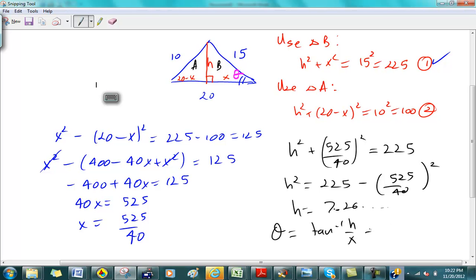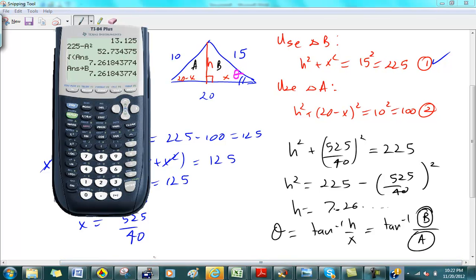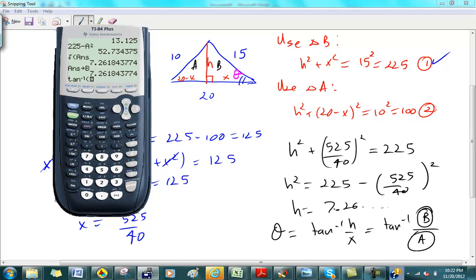I know that h is stored in B, and I always write it in a circle like this so I know it's a stored value, and x is stored in A. Let's see if I get that. I'm going to make sure my calculator is in degree mode, and it is. So all I need to do is go tangent inverse of alpha B divided by alpha A, and my answer is